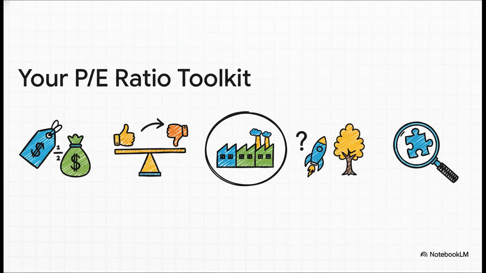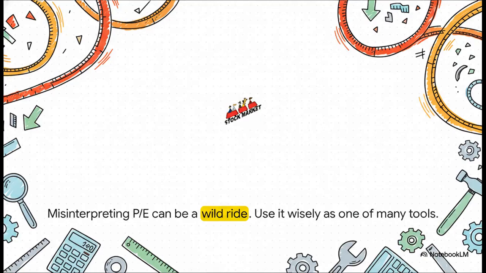Third, and this is crucial, always compare companies within the same industry. And finally, you have to know the context. Are you looking at a rocket ship or an oak tree? Use this as your starting point, your first question, never ever as your final answer. Because if you rely on the PE ratio all by itself without digging any deeper, you could be in for a very wild ride. It's an amazing tool, but it's just one tool in a big toolbox, and you have